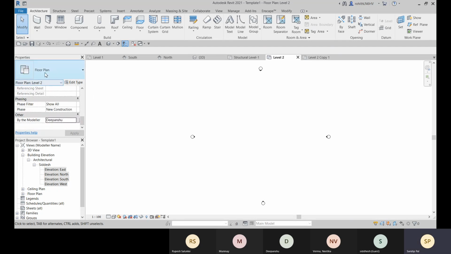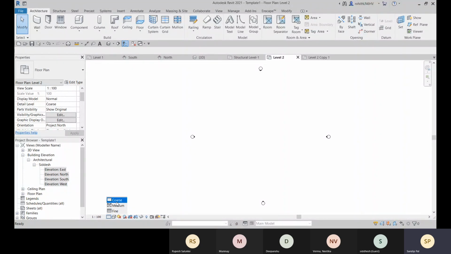Now you see these are the floor plan instance properties. Within this you see the view scale, the display model is normal, and the detail level is set to coarse. Within the view bar also you will get these options. This is the view scale option, and this is the detail level. For detail level we have three options. Coarse is like only the outline; only the outer geometric shape will be visible. Not much detail will be added.